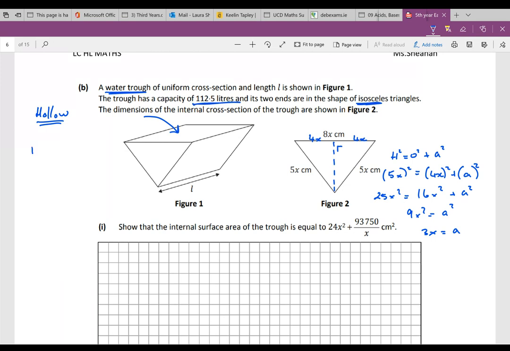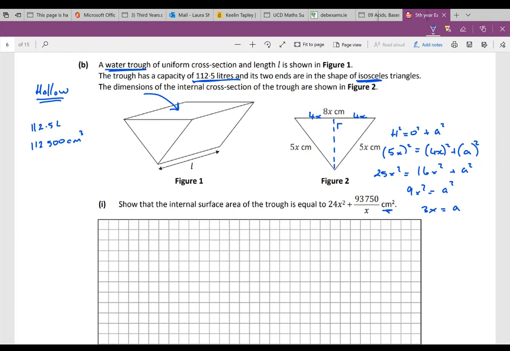Now, 112.5 litres needs to be converted to centimetres cubed because my answer is in centimetres cubed. It says, show that the internal surface area of the trough is equal to 24x squared plus 93,750 over x. So, to start off with, I know that the area of the front surface, so this is a volume,